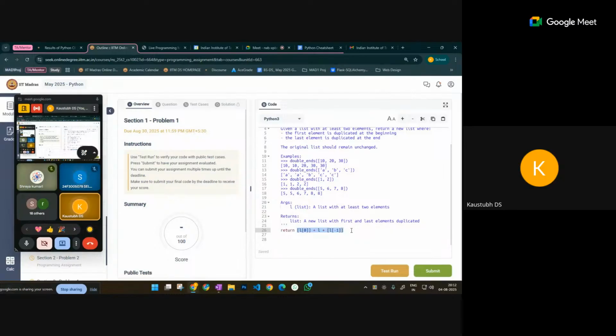But let's say if this question wanted us to update the old list itself, how would we handle that? That is a good question. How will we handle it if the question wants the old list to be updated, in such a way that the first element is duplicated before the beginning and the last element is duplicated at the end? So we have 10, 20, 30, and after running the function, the list should become